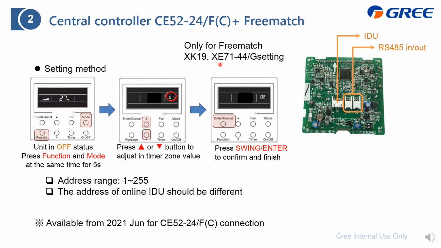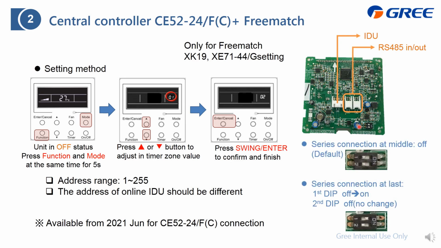As for this 2-wire controller, here is how to change the address, and just follow this password to change to a different address, okay. And also the wiring, you can find it here. This port is connected to the indoor unit. This 2 is the output or input RS485. Also, there is a dip switch here. If this wire controller is located at the last, just change the first dip from off side to on side to turn on the built-in resistor to ensure the communication is okay.